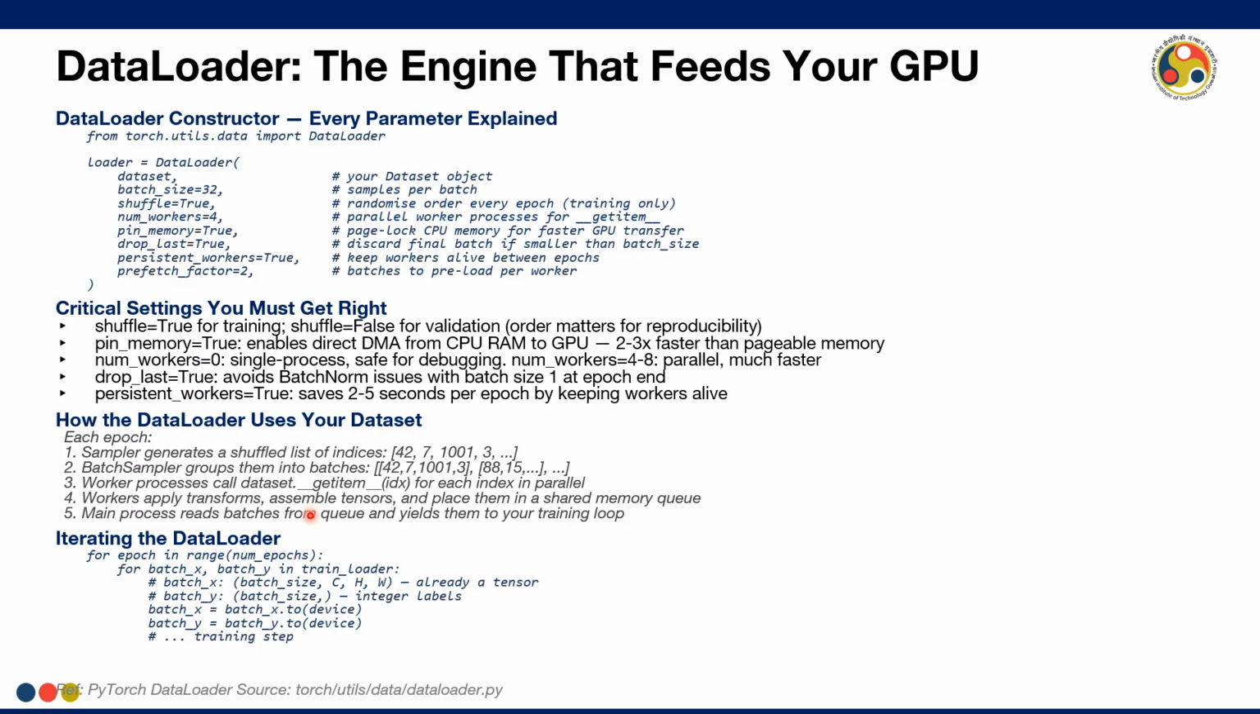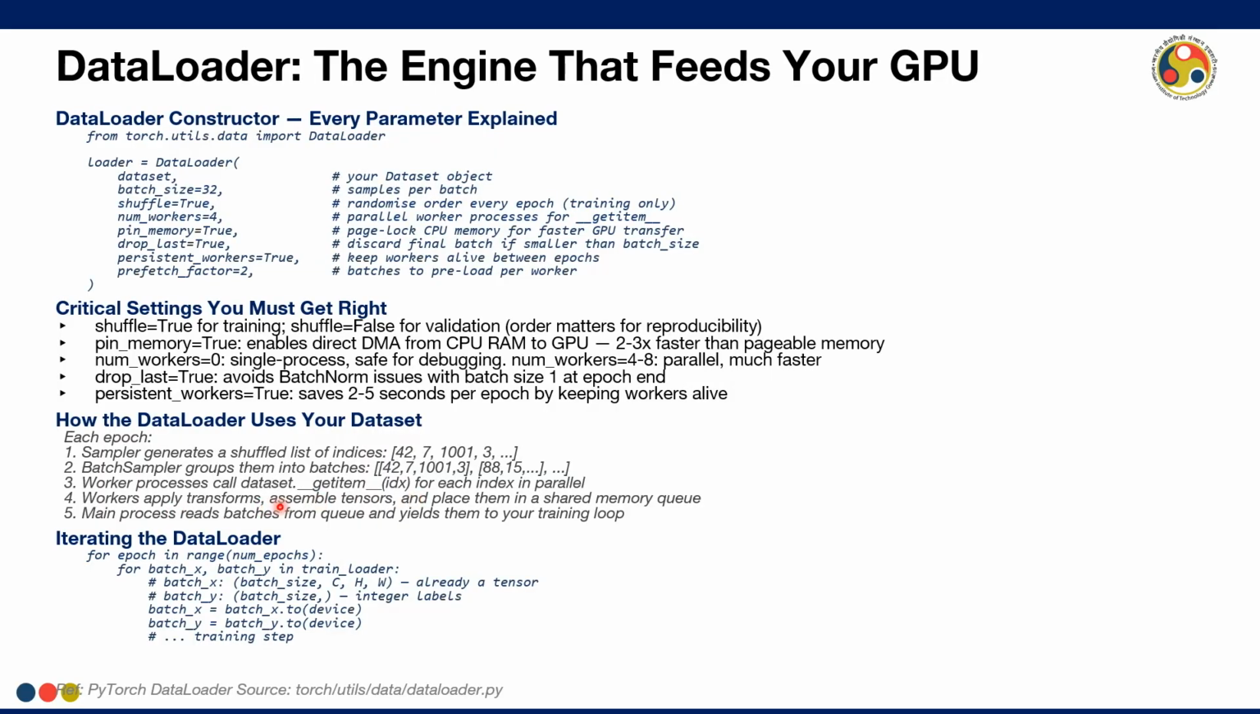Transformation is required if we want to do raw data pre-processing, and virtually in all the training processes we see, we do pre-processing, because no training process takes raw data directly. We need to pre-process data. So that is the transformation process. We will see how it works. Then the assembling of tensors will happen, and they will be placed into shared memory by the workers. And then the main process will read the batches from the queue and yield them to the training loop,